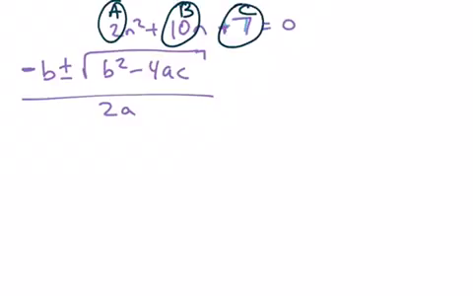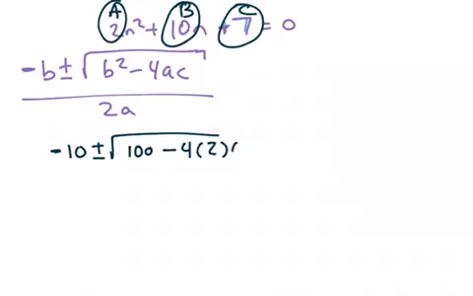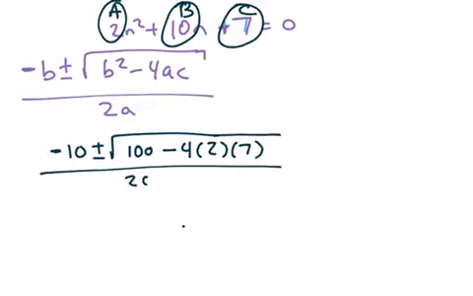And so when I substitute in, I have negative 10 plus or minus square root 100, that's 10 squared, minus 4ac, all over 2 times 2, which gives me